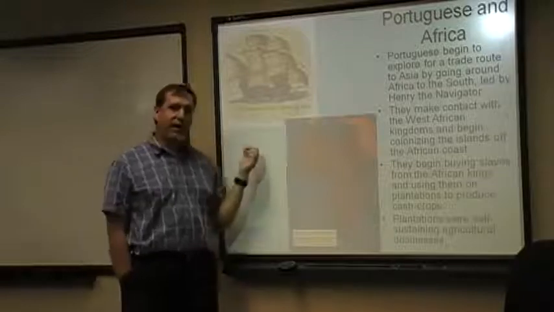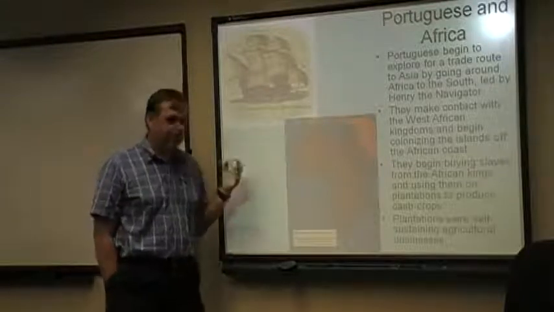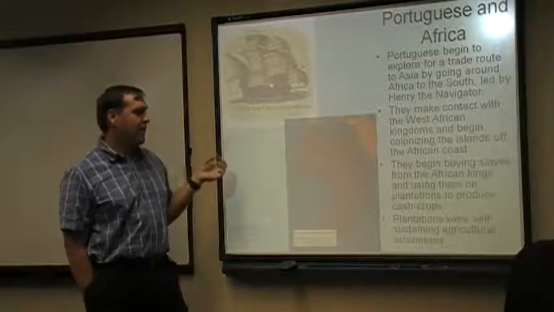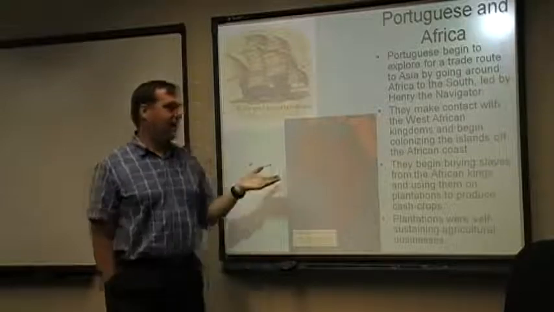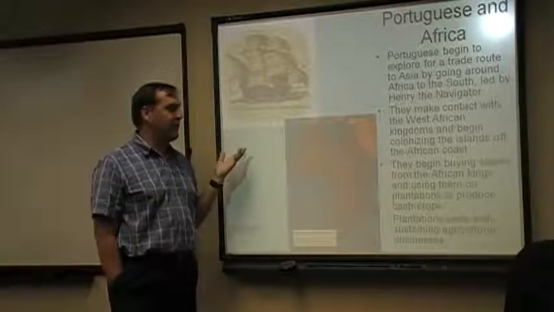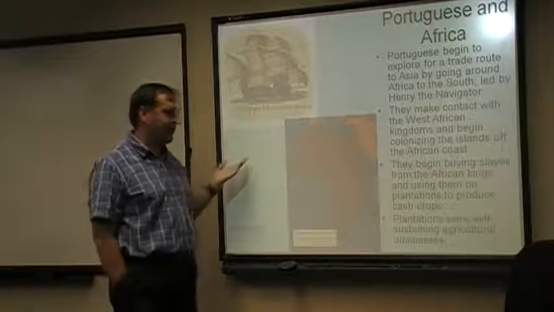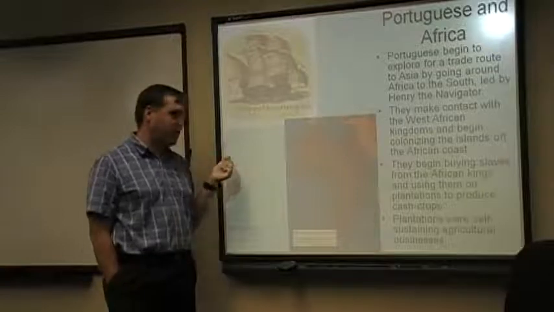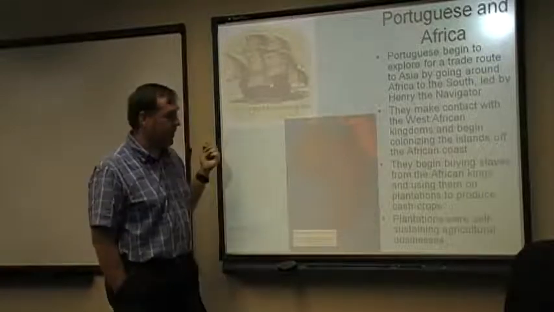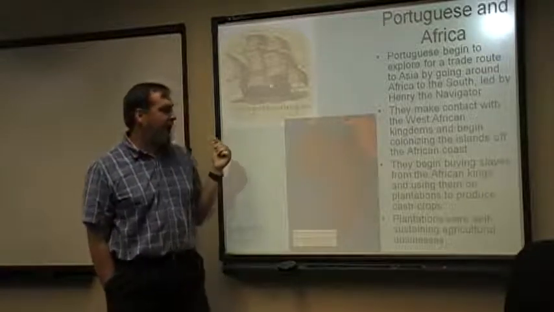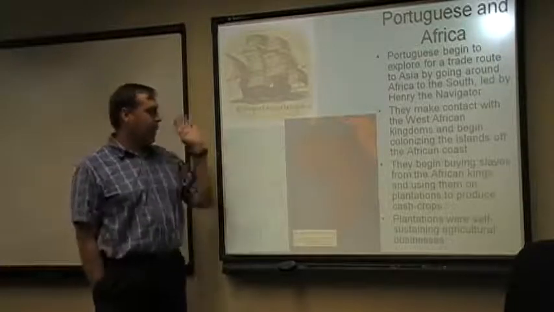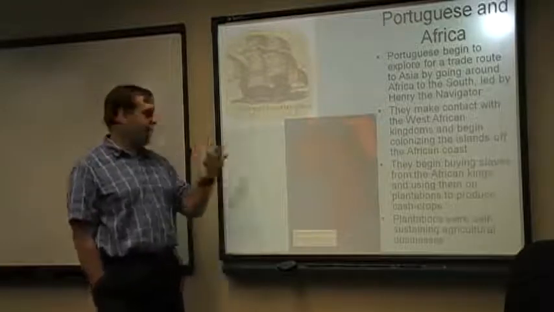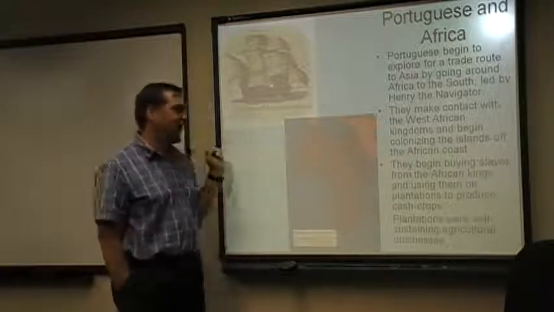But one of the other things that they run into problems of is, well, how do we make this cost effective, right? Because if it becomes too expensive to try to get around Africa, then we might as well forget about it. One of the economic trades that begins to take place is the African kings begin to sell slaves that they, of course, had captured in war to the Portuguese. I mean, they were trading slaves amongst each other. Why not to the Portuguese, right? If you can make money off of trading slaves to them, then you might as well take it. And that is how we're going to see that for the first point, African slaves begin moving off the African continent slightly. They're not across the Atlantic yet, but they're beginning to make this migration.